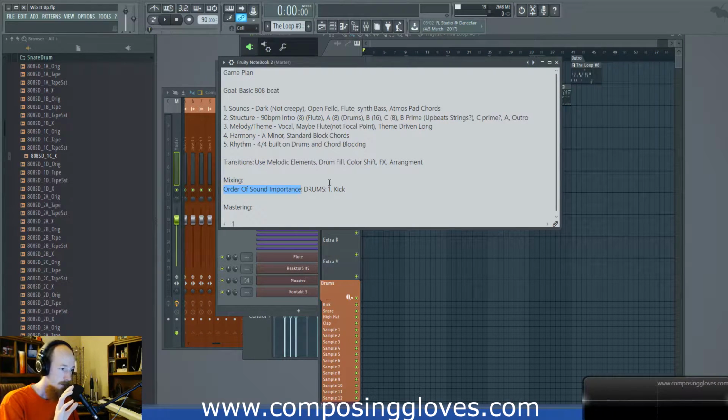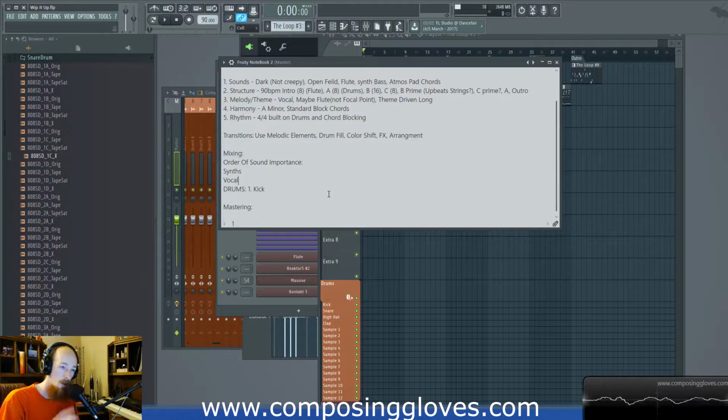Well, okay, so mixing is like the overall sound of your track. This is usually something you look at the end. But now you can say, okay, we'll come up with our categories, which are generally, we have drums, synths, vocals, and if you have guitars or piano or something, that you list out your different categories you intend to use. And then you would write down what is the most important thing. Like, what are you going to focus it around? You see drums here, I have kick, but I could easily say, consider the whole.